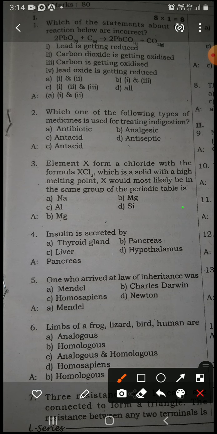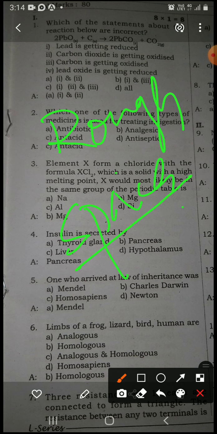And one more important thing in that is, you need not waste much time for the circling. And for rough work, suppose there's a question with a series connection in which you have to write the equivalent resistance. You cannot guess it unless you calculate it. There's a rough space given in the question paper itself. There you can calculate it, find the right answer in the options, and circle it.